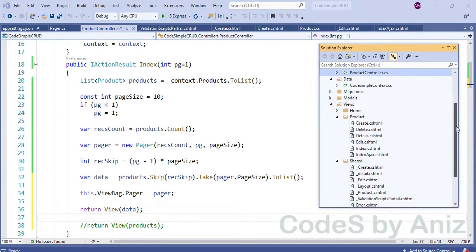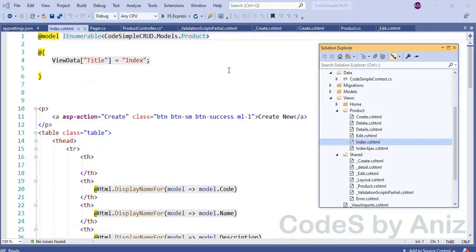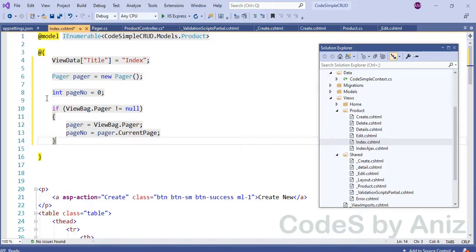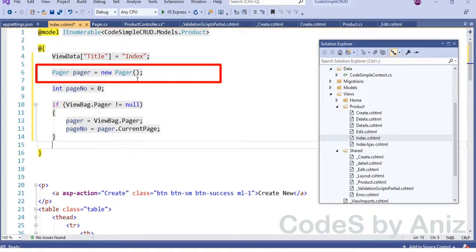Now it is time to add the pagination bar to the view of the listing page. In our case, it is index.cshtml. So open index.cshtml, then scroll up to the top of the page. I have copied the pager class creation script to the index.cshtml. This script is very simple.